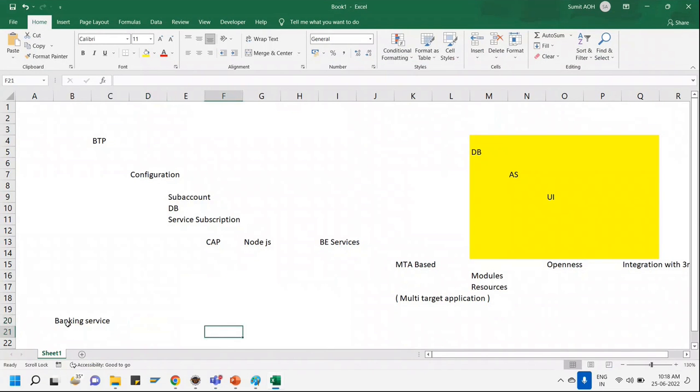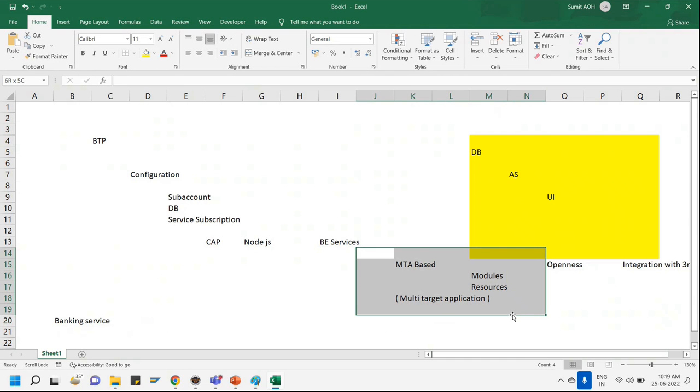Okay. So banking service being one of them. Banking service is working standalone, but it has an architecture which is giving us all the methods, all the endpoints that any application which requires to consume its service can connect easily. And that is only possible once you have an application with an architecture of MTA. Okay, we would be seeing this.